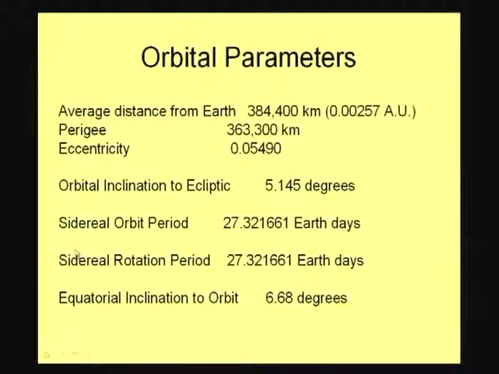Now, the orbit of the moon is inclined by a small angle, 5.1415 degrees, to the plane in which the earth moves around the sun, that is the ecliptic. So, the orbit of the moon around the earth is nearly coplanar with the orbit of the earth around the sun. There is a small angle of 5 degrees, and the direction of rotation of the moon around the earth coincides with that of the earth around the sun. So, the angular velocities point in the same direction, and the moon itself rotates around its own axis, if you consider that, then